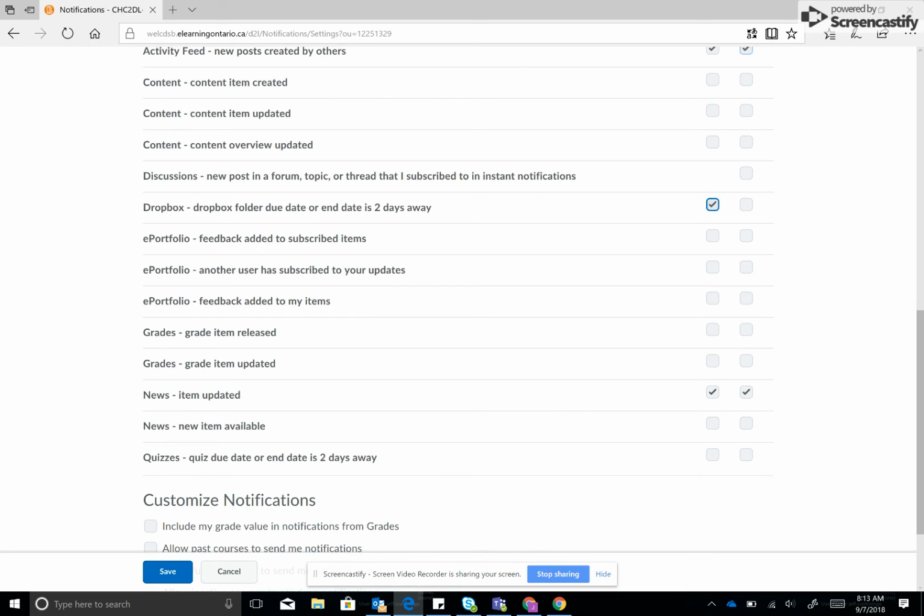I would also set it up for Dropbox to let you know when assignments are due. This gives you a reminder a couple days in advance. I would also set it up for maybe when a grade item is released. If your teacher is using a grade item, the grade items will then get sent to you when the teacher has updated your grade. That's really important for you to do if you do want to follow up with your grades. And that's up to you again, what you set up for the grading. Once you've done that, you're going to